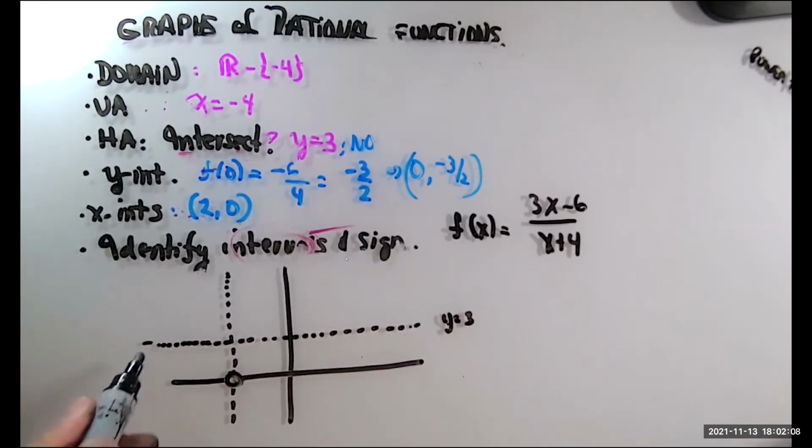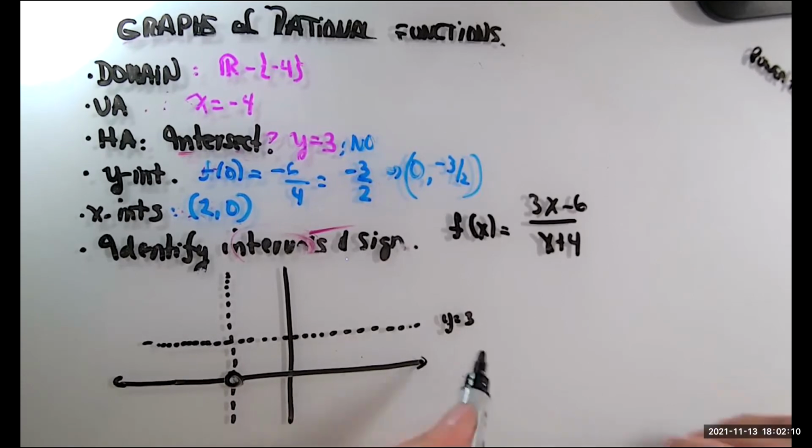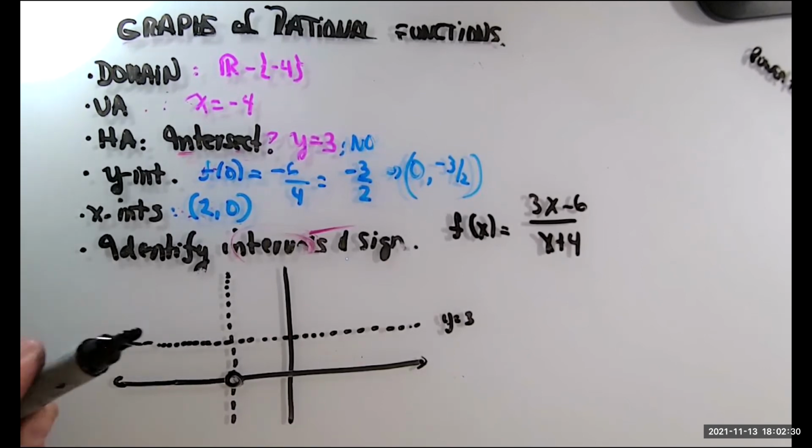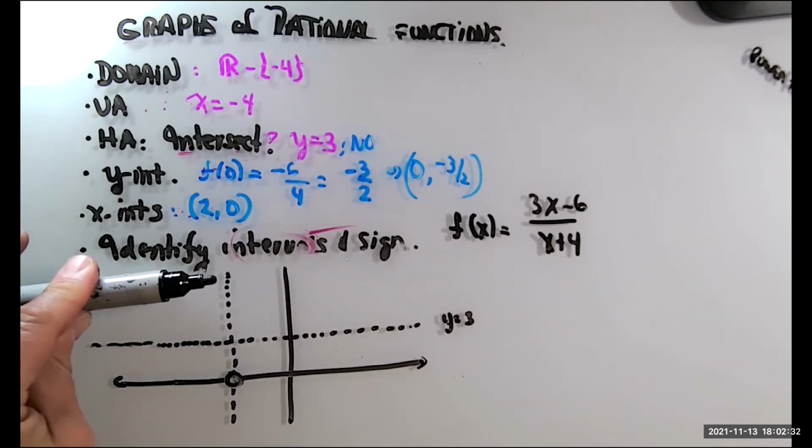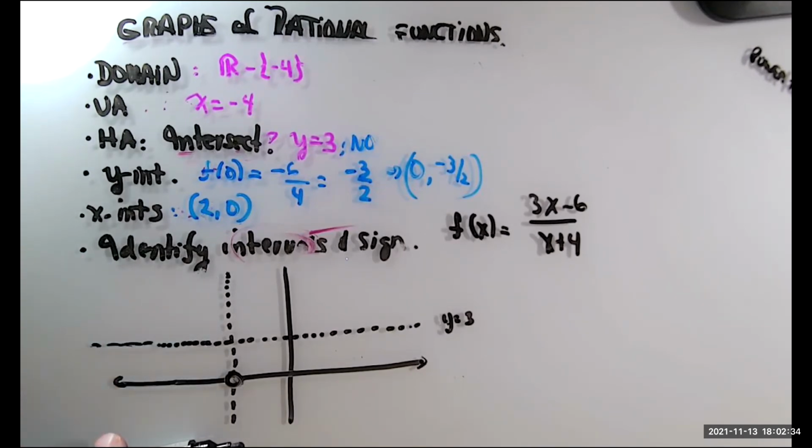That means what do we know about the horizontal asymptote? As x goes very, very small, the function will be very, very close to y equals 3 from the bottom or y equals 3 from the top. We don't know yet. And we never intersect this guy. So we cannot cross y equals 3. That means that the graph will always be on top of y equals 3 or below y equals 3. As I get closer to negative 4, the graph will go to positive infinity or to negative infinity. Likewise,